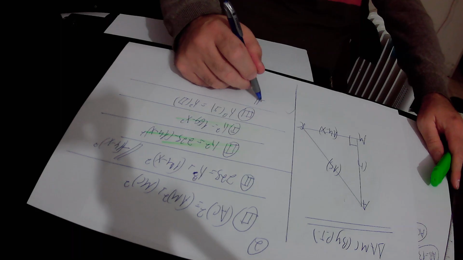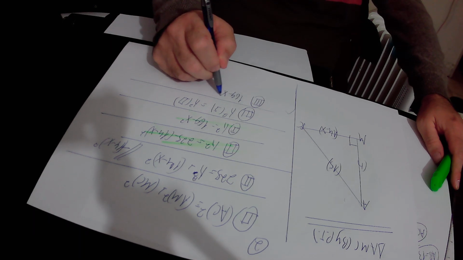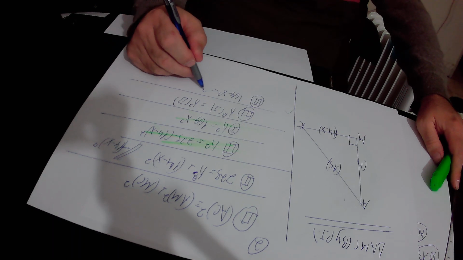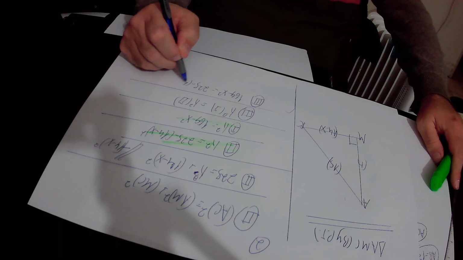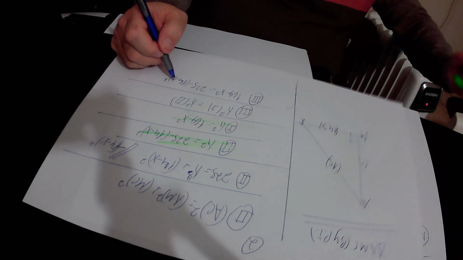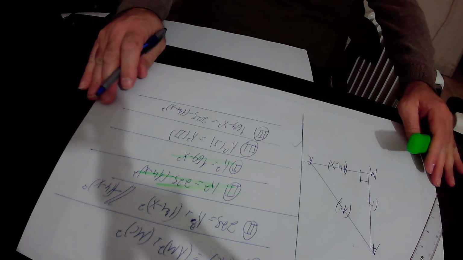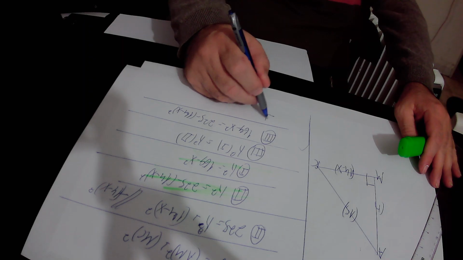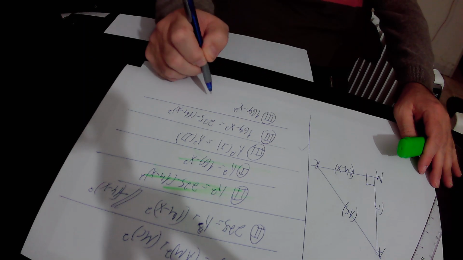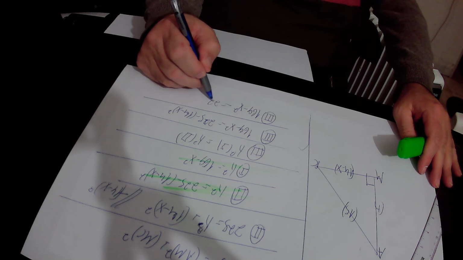H squared according to equation number 1 equals 169 minus X squared, and it must be equal to H squared according to equation number 2. This is actually 225 minus (14 minus X) squared. So according to equation number 3, we found out that 169 minus X squared equals 225